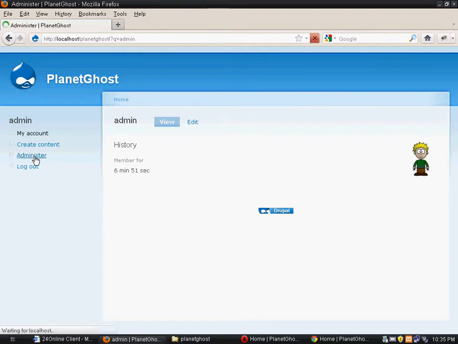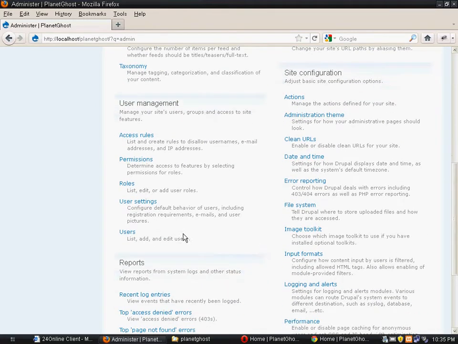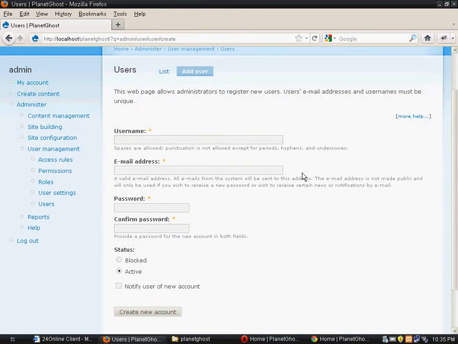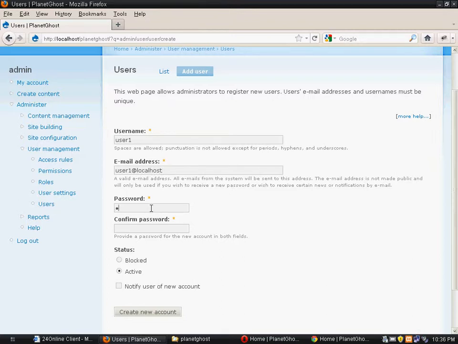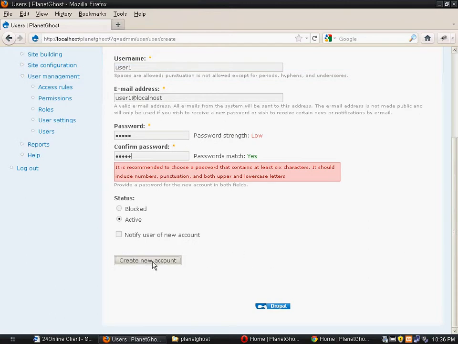Now we'll create a few more users and add the pictures in the same manner for them. Users, add a user with the name user1. I'll put the password also as user1, and I'll create it.